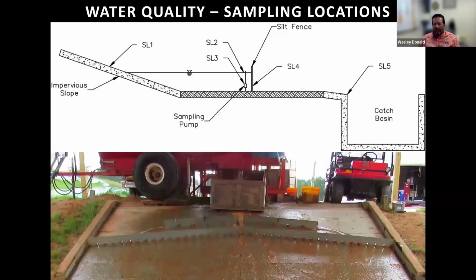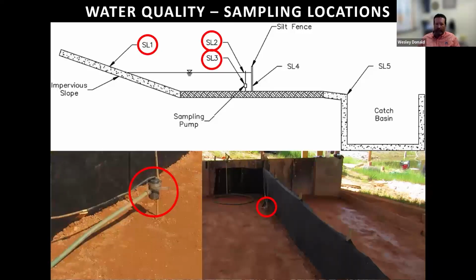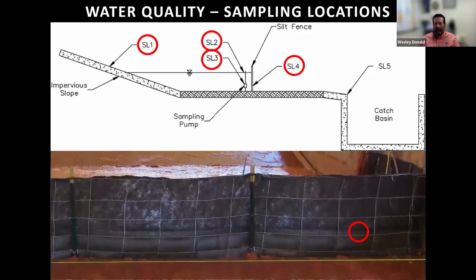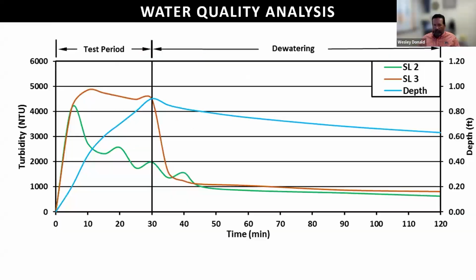And so through testing, we would go in and evaluate the water that we're introducing. We evaluate the water quality on the water surface. We evaluate the water quality at the bottom of the surface as that water is impounding to try to better learn how silt fence is impacting the water quality from a sediment control standpoint. But we also want to look at what happens coming through the silt fence and then the final discharge.